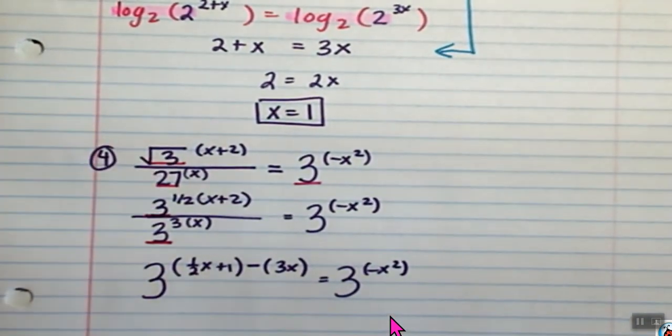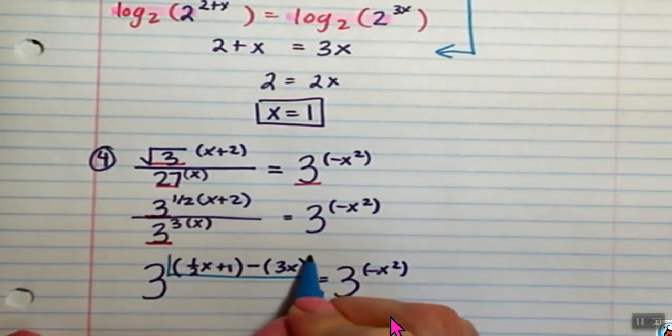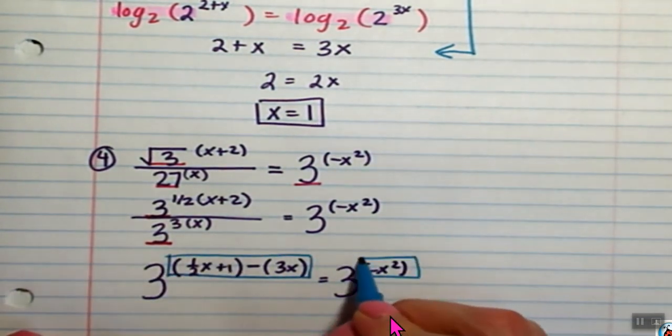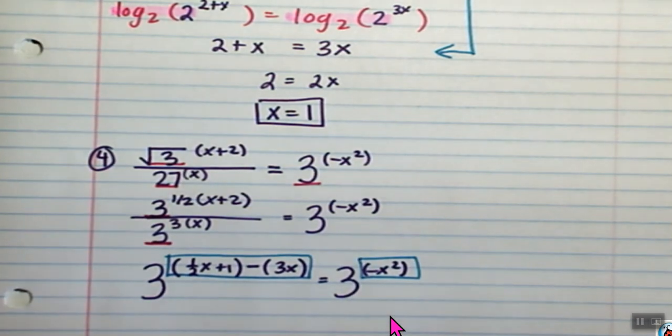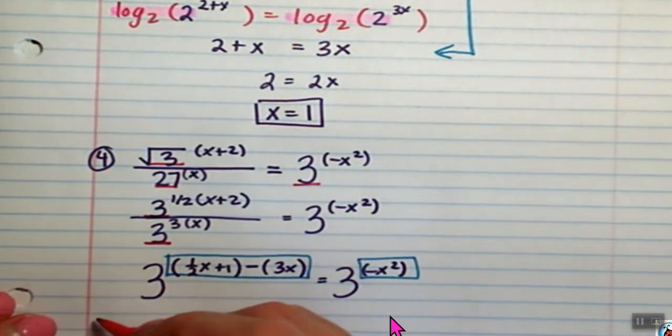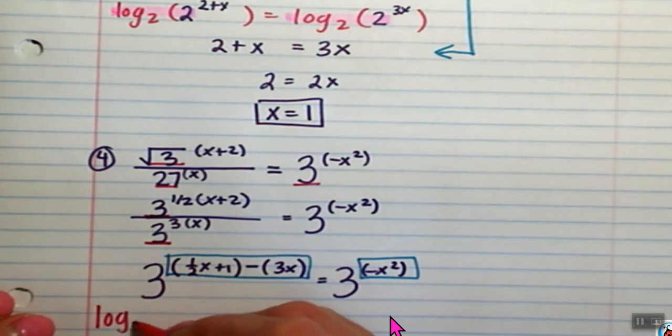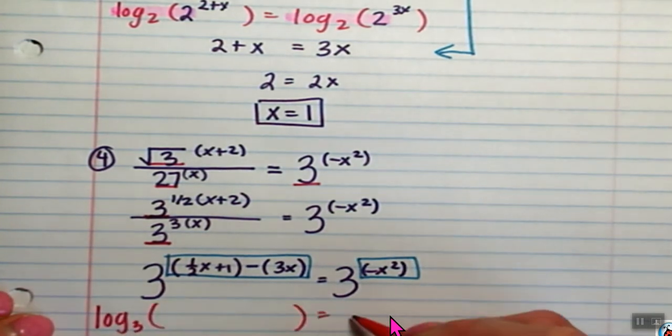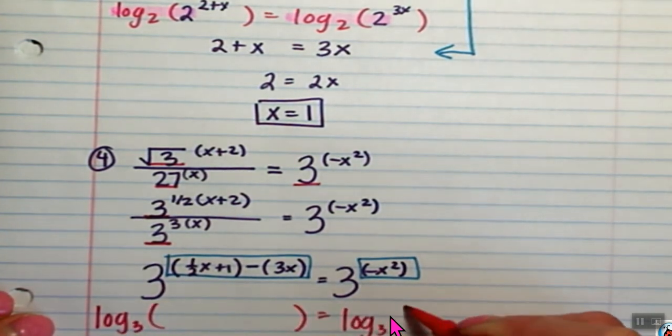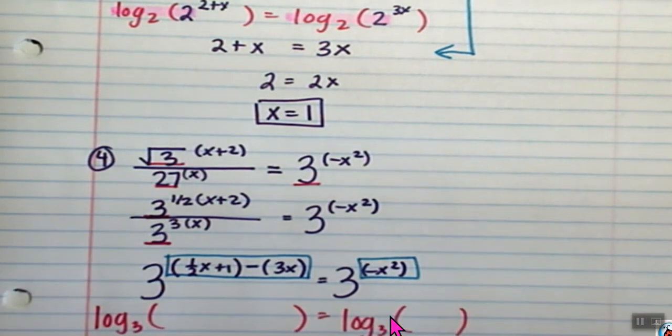I would subtract the exponents. Notice here that I now have the same base on both sides. So I have my exponent boxed. And if I log base 3 on both sides,